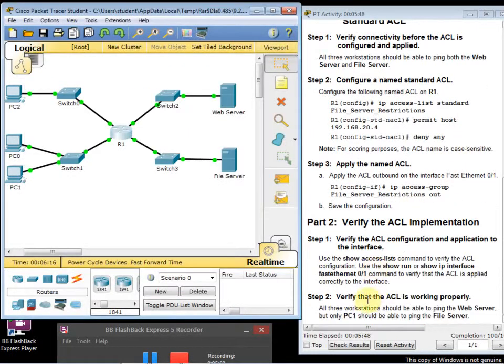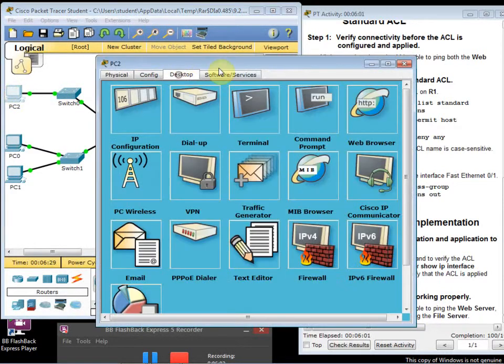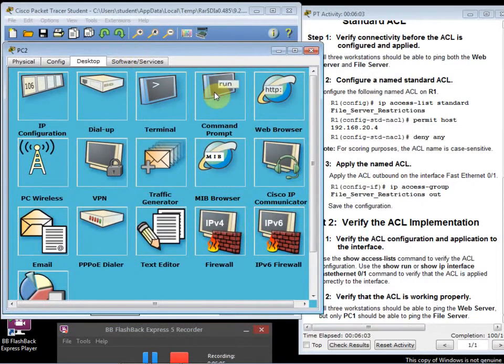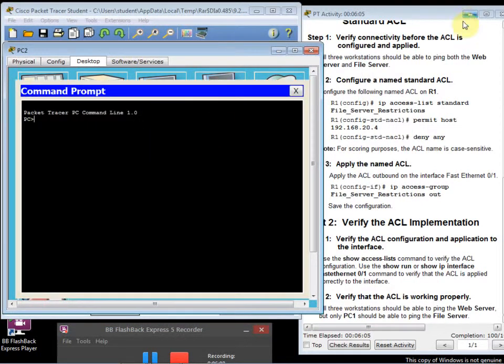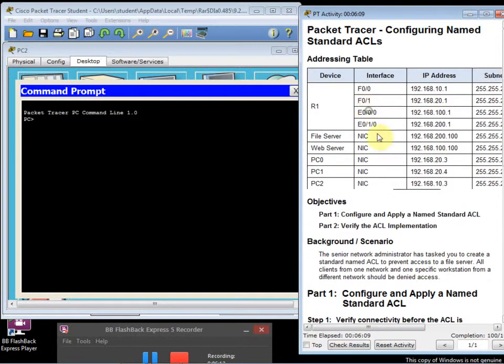Now we just need to verify the ACL is working properly. All three workstations should be able to ping the web server, but only PC1 should be able to ping the file server. So let's start with PC2. And we're going to go to desktop and command prompt. And we're going to ping the web server first, which is